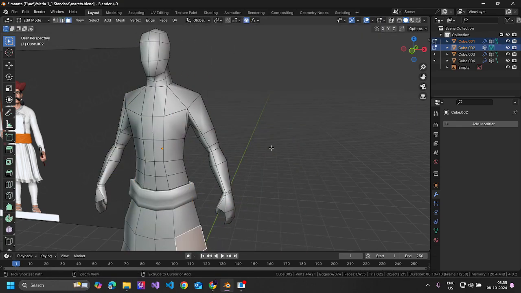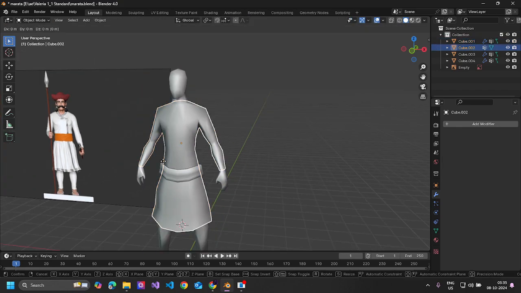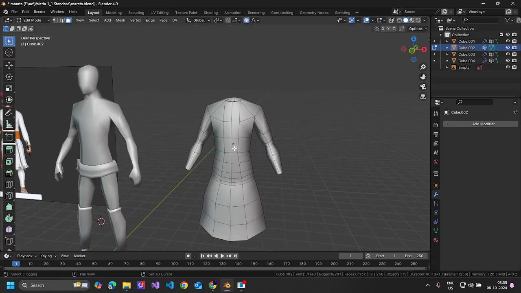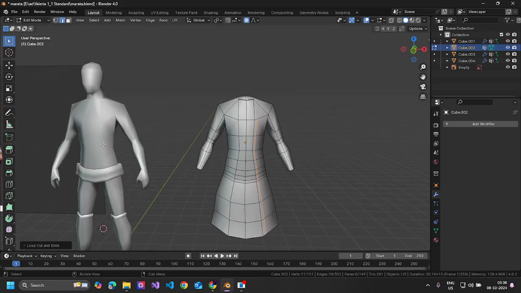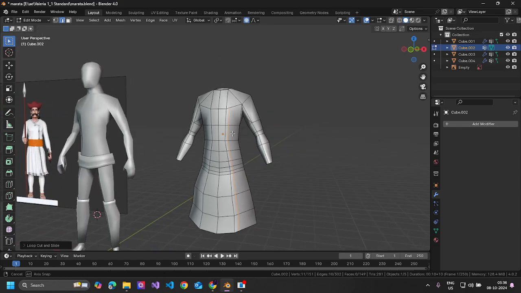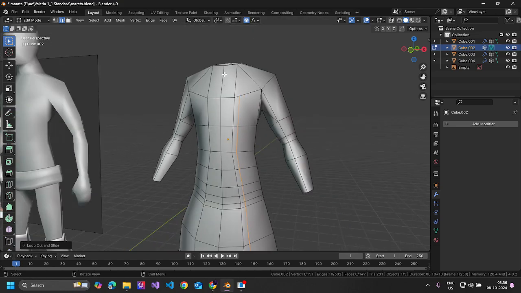Okay. It's because of this model, I guess. Cloth is good. So yeah,